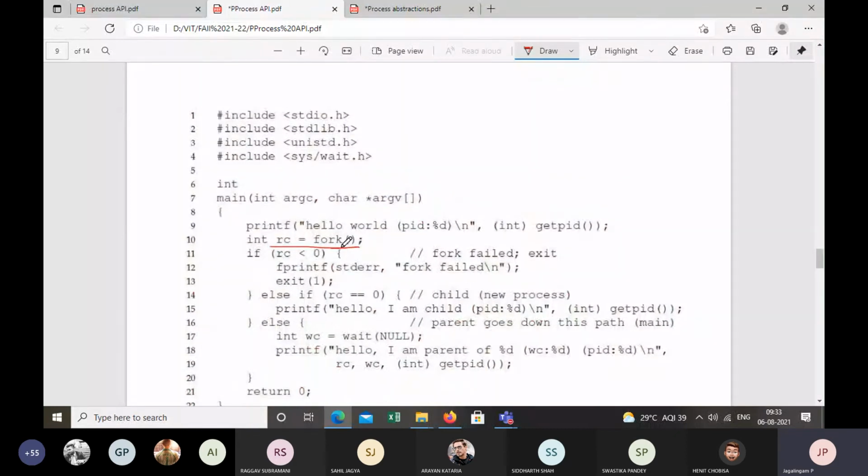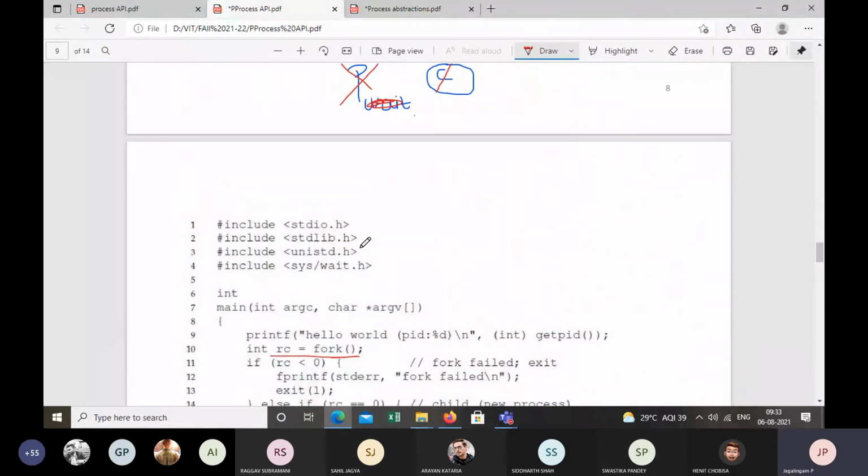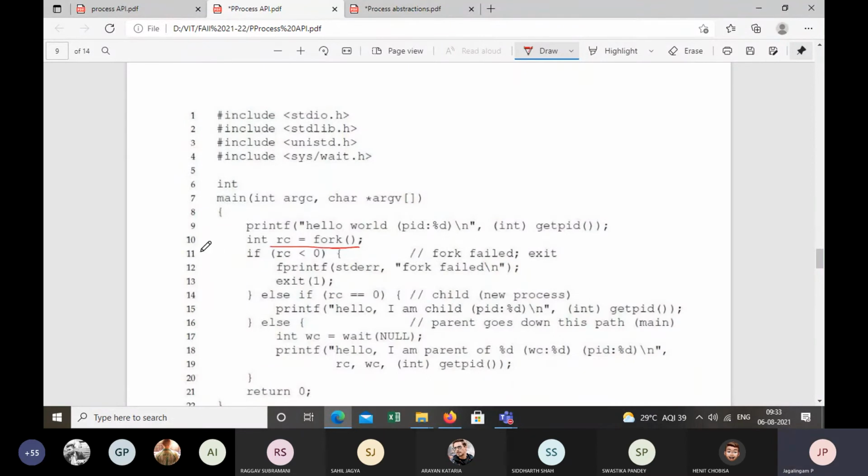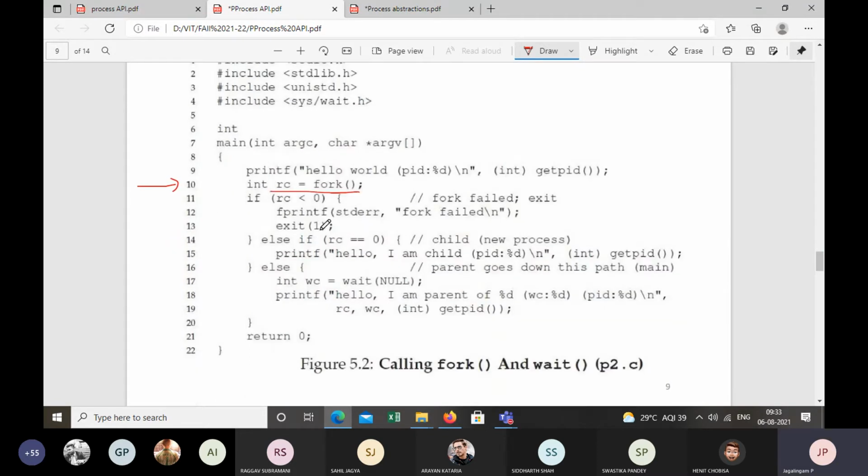Yeah, all right. Now if you look at this example code, in line 10 you have a fork system call which is invoked by the parent process, and rc is the return value. Now in line 14 it's the child process, and the return value for the child is 0. And look at line 17.